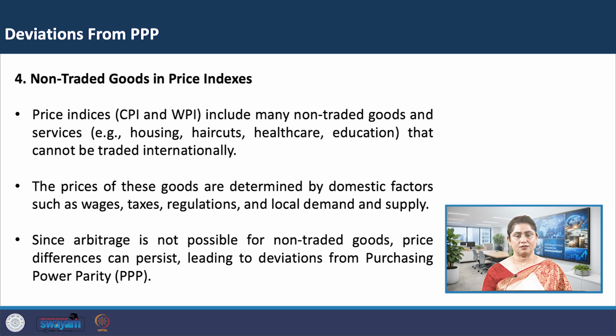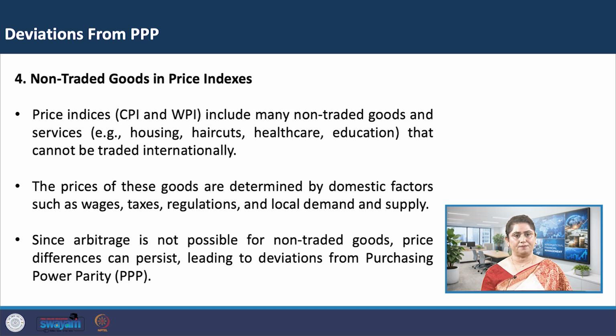Such differences cannot be eliminated through arbitrage because these goods and services are not traded internationally. Since no arbitrage can take place, the resulting price differences make it appear as though the currency is deviating from